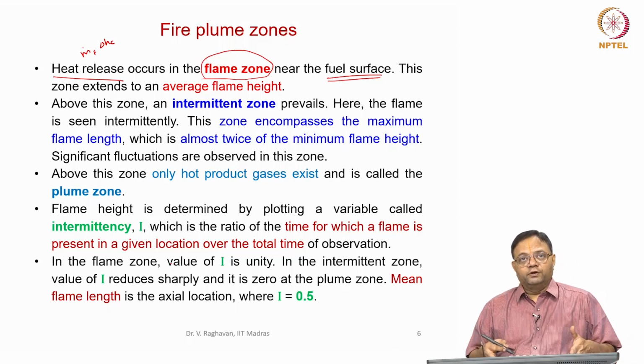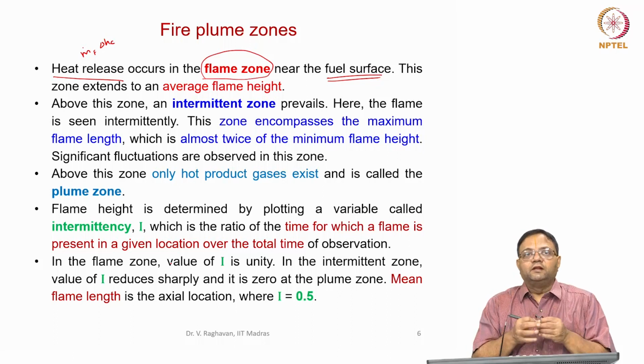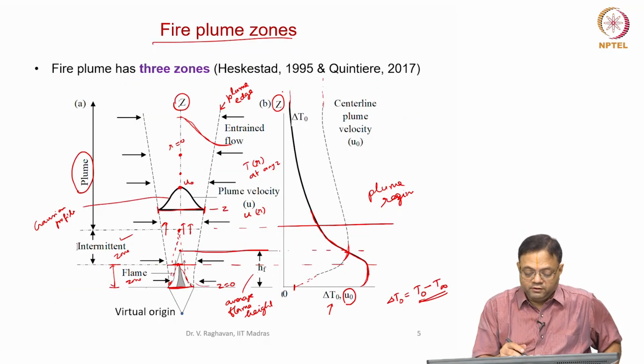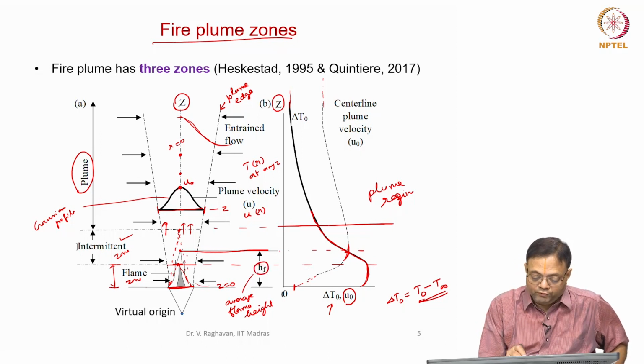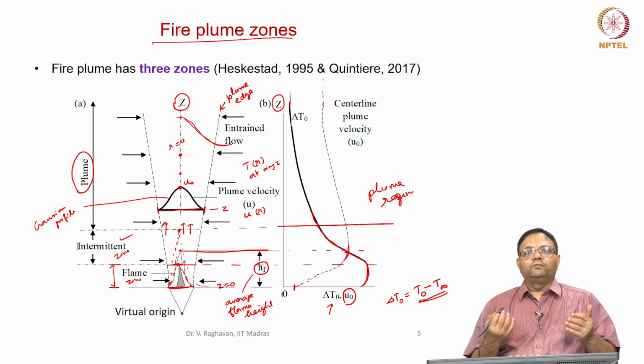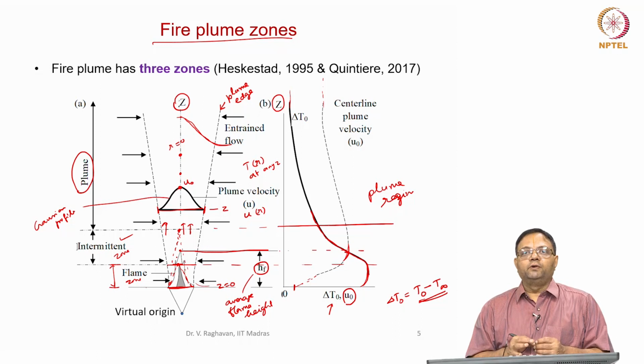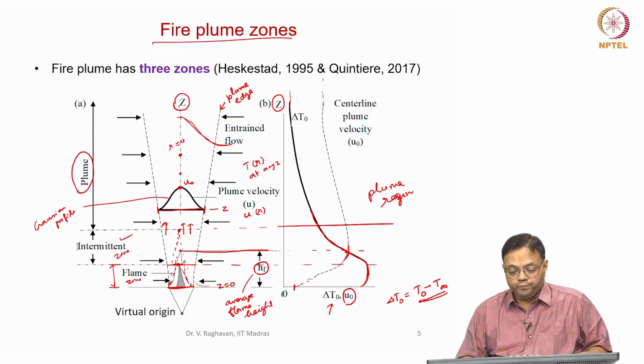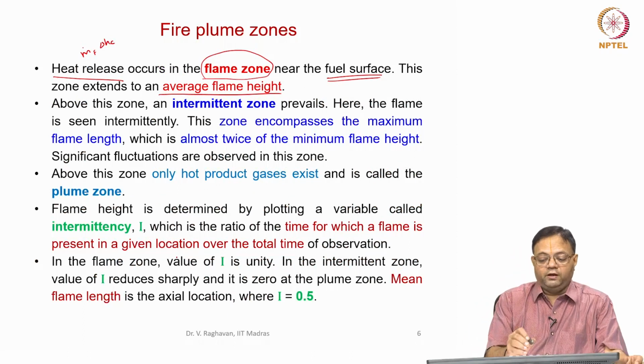and the reaction will be complete within the average flame height. So, if we go back, this is the average flame height HF. Within this height maximum reactions will be completed, so significant heat release will be done within this flame height. Now, above the flame zone,